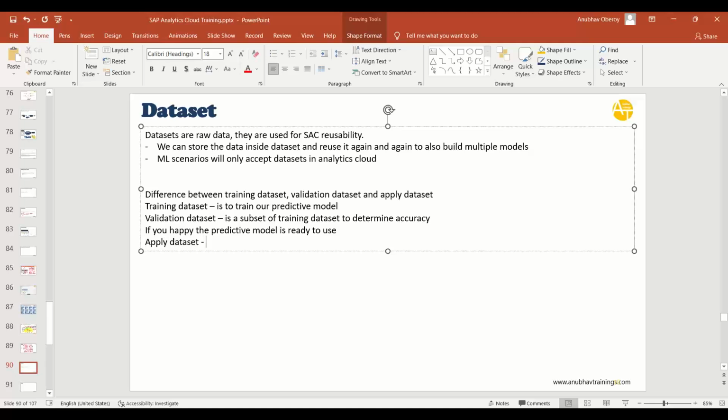Applied data set is a data set which we finally use. We will finally use this applied data set to apply on our predictive model to get the outcome. Yes. In this case, the outcome is not known at all. Now, if you look at the example,